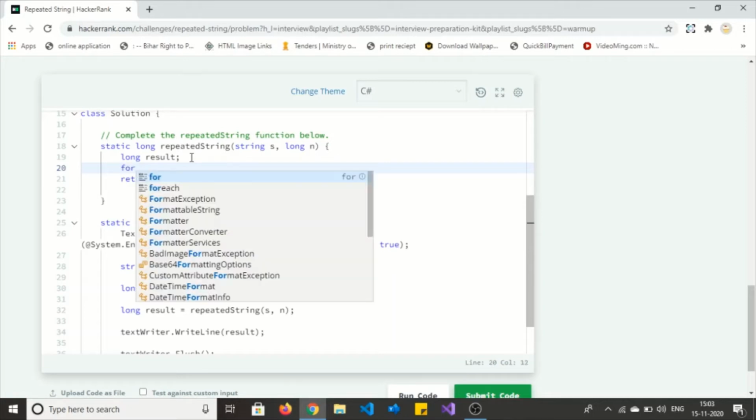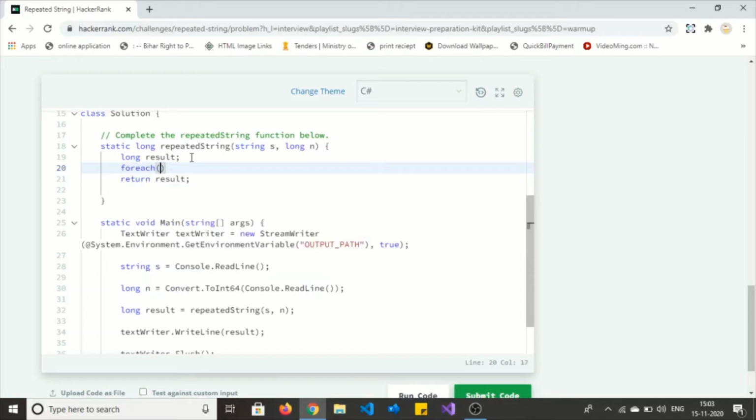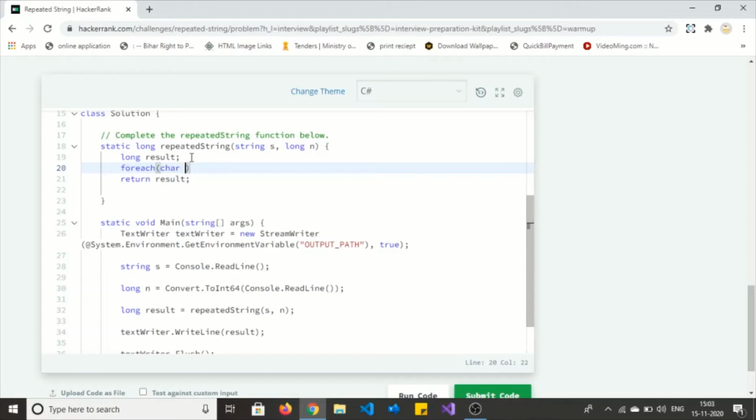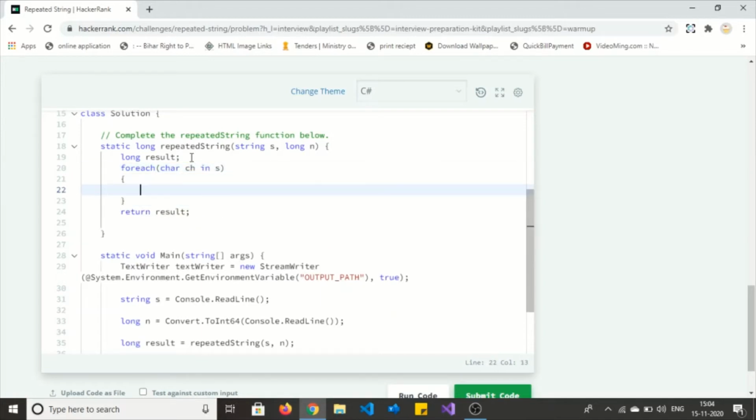So I am going to use a foreach loop, and when we iterate over the string, one character will be accessed at a time. I'm creating a character type variable ch in the given string s.